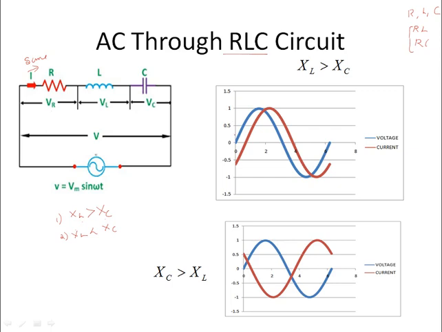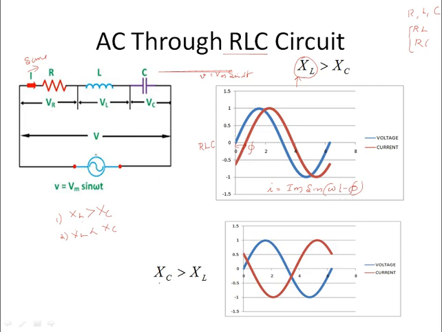So this is, see, do you remember this? This is equivalent to an RL circuit. Even if it is an RLC circuit, the waveforms look like an RL circuit. Why? Because inductive reactance is more compared to that of capacitive reactance. So this angle will be phi. So we have the supply voltage V equal to Vm sin omega t over here. So in this case, what will be our current I equal to Im sin of omega t minus phi, I would say minus phi. So this is an RLC circuit with XL having a higher value.